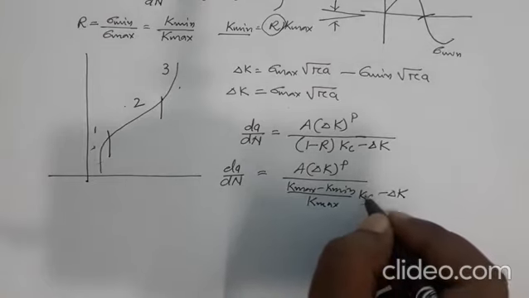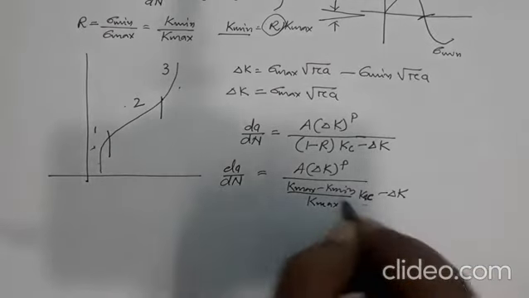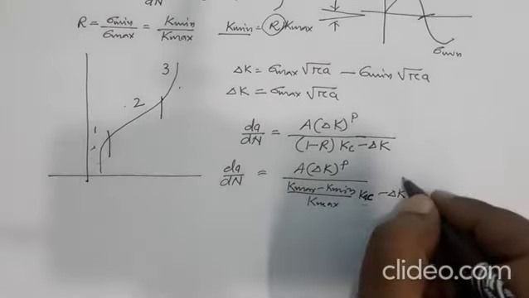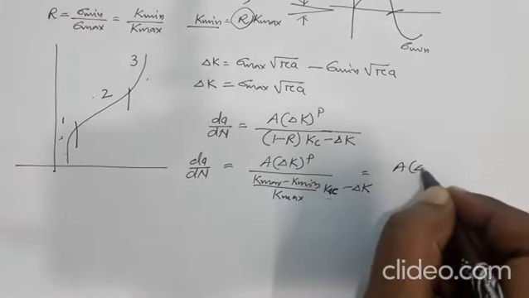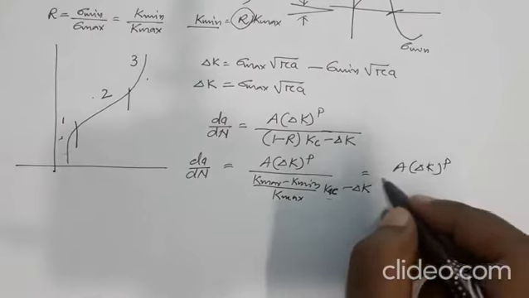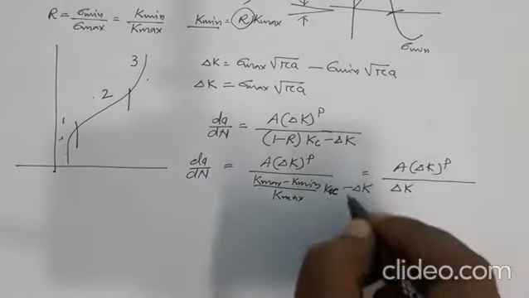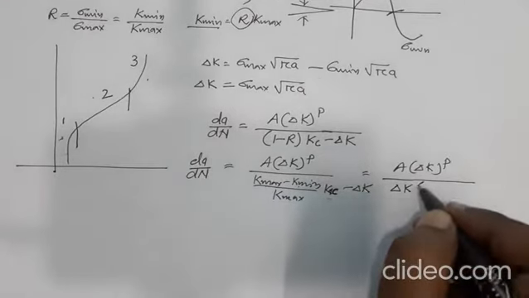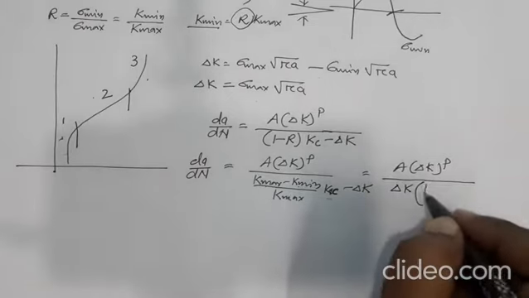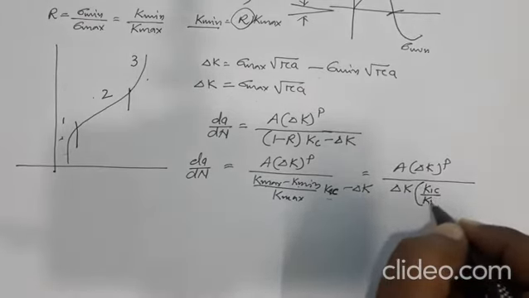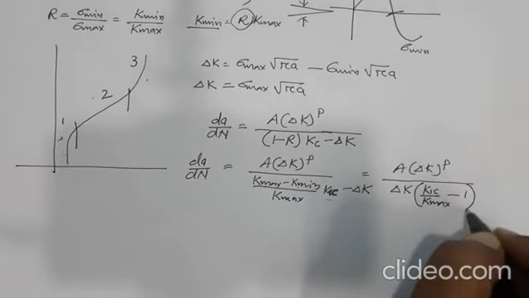If it is in mode 1, it will be K1C, okay. So this is what it will be, right, and then that becomes equal to A into delta K to the power P divided by, so K max minus K min becomes delta K, and delta K is also on the other side, so we can take that part common, right, and then it becomes K1C by K max minus 1, right,